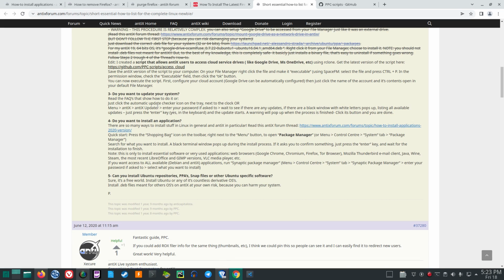3. Do you want to update your system? Read the facts that show how to do it. Or just click the automatic update checker icon on the tray next to the clock, or Menu, antiX Updater. Enter your password if asked to. Wait to see if there are any updates. If there are,